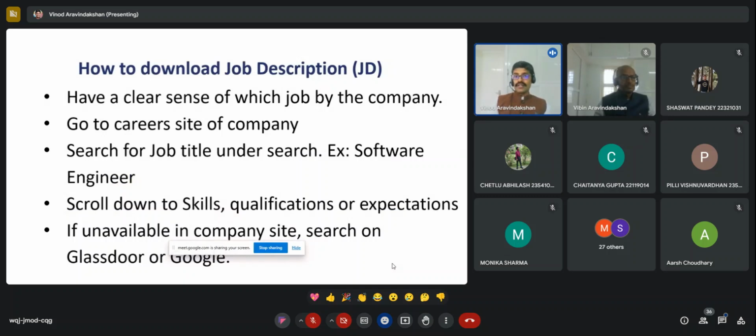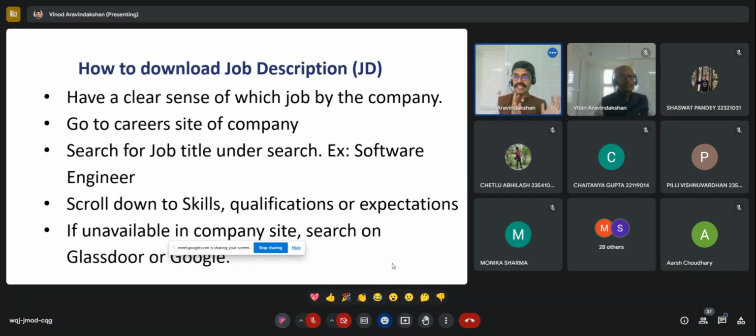So this is how you download the job description of the company. So for example, if you're applying for a software engineer job at Google, go to careers.google.com, go to the career side of the company. Under the career side, there'll be an option to search for jobs. So search for software engineer, and you will get a list of software engineering roles open in Google. So look at the software engineering JD. Under that, there's going to be skills, qualifications, expectations. So look at all of that, download it, and that really is what you're going to use to customize your